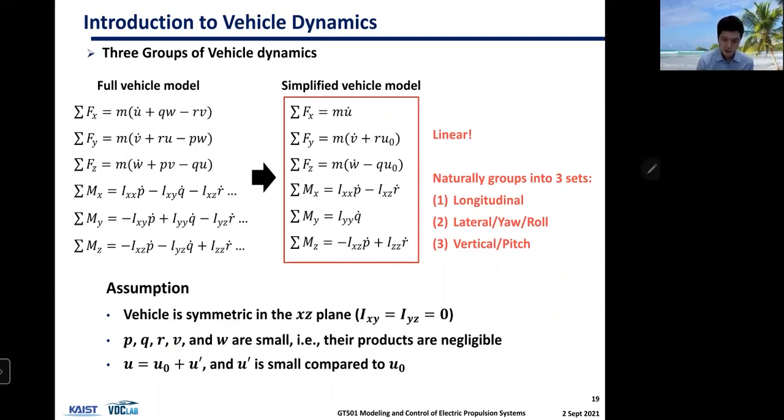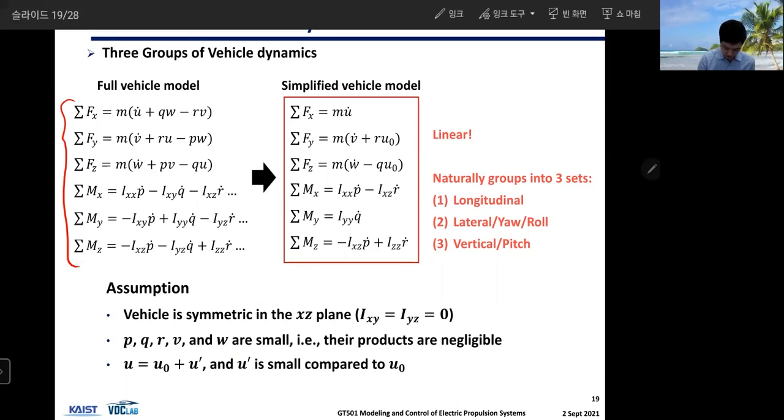Okay. So this was a full general 3D rigid body dynamic model, not necessarily a vehicle, but if we assume a vehicle model where we can apply some assumptions, then these equations get simplified. Okay, so we have the 6 equations, and if we